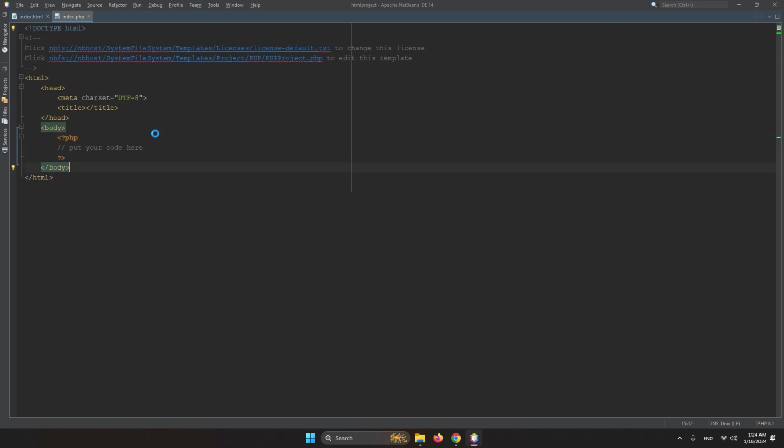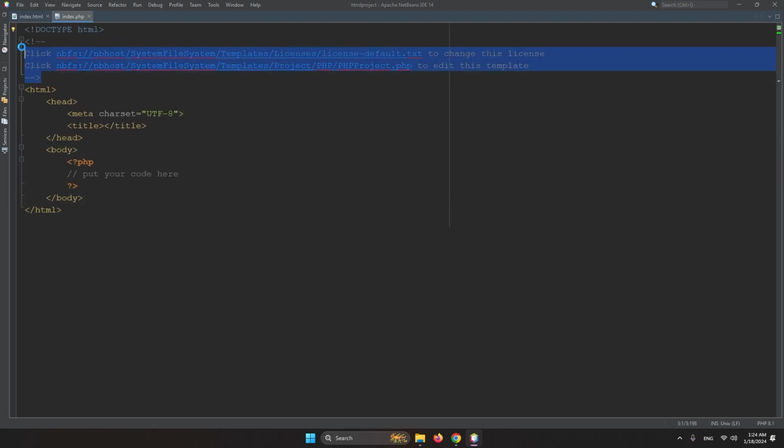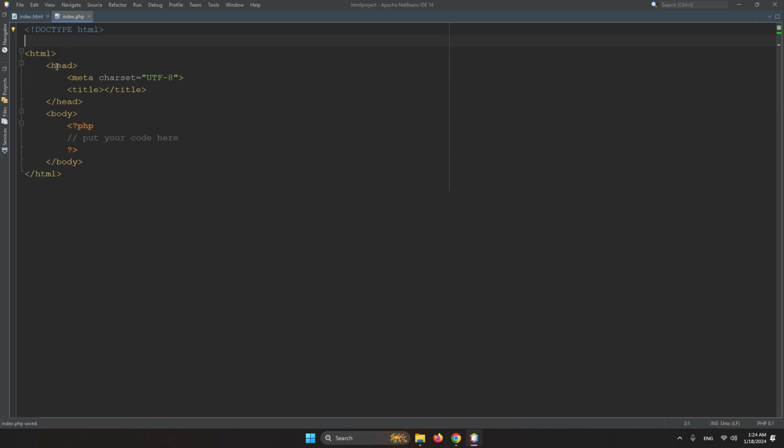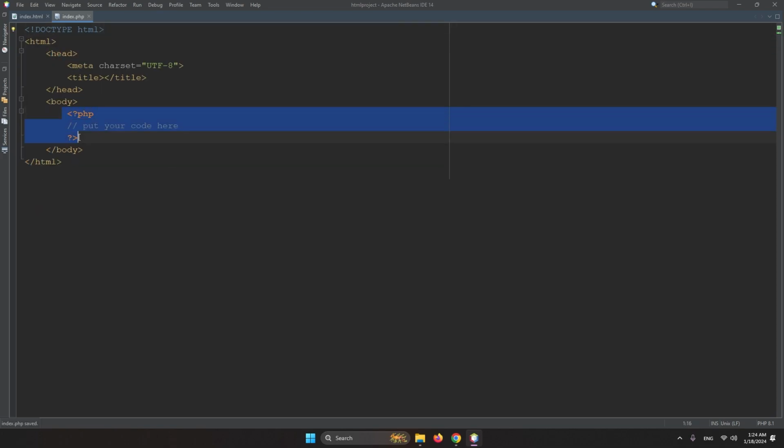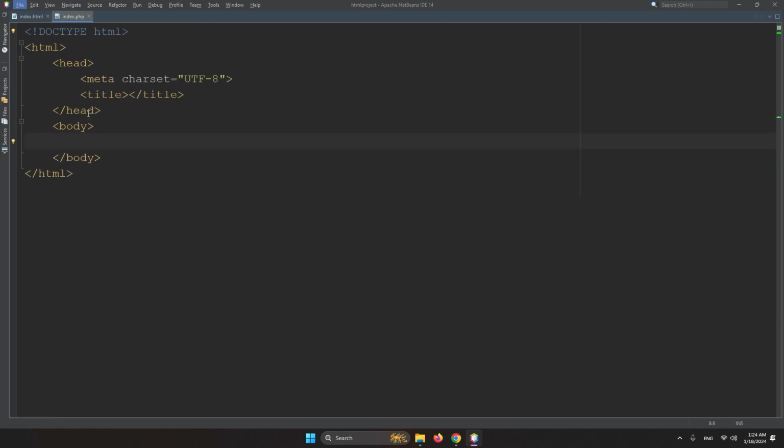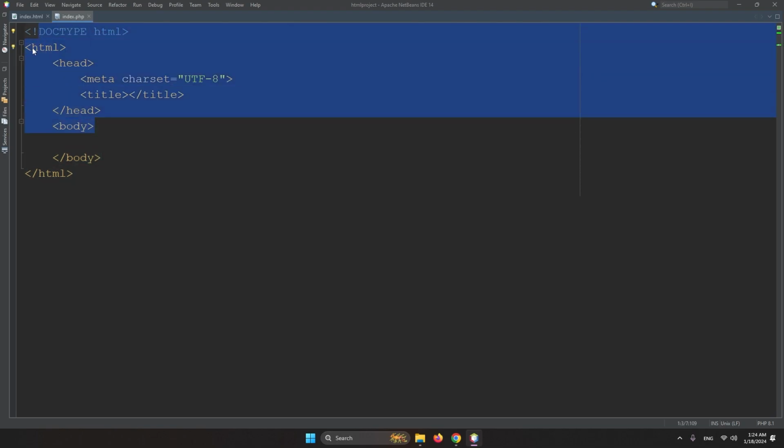You don't need to, let me just zoom in. So this is unnecessary code we don't need. Okay, and this also we don't need. So this is a basic HTML document. We will also cover each and every tag in our upcoming videos. This is just the necessary software we have installed for learning HTML. So just think about this and this,